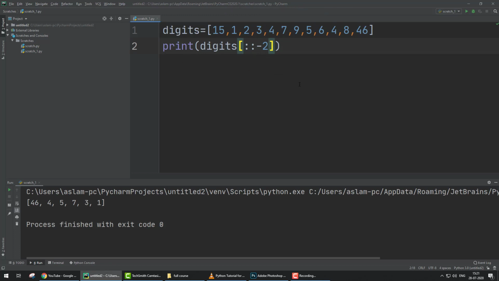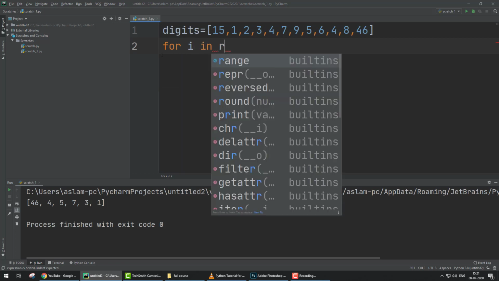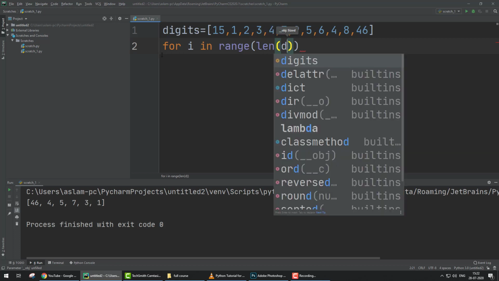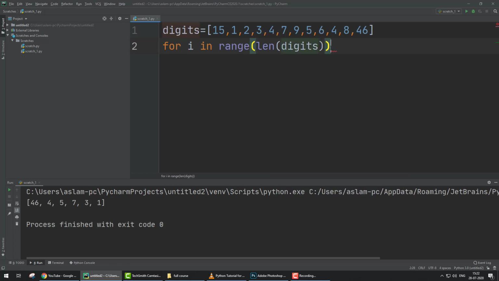Okay, now let's give a range: for i in range, and in range we provide len of digits. I will explain.